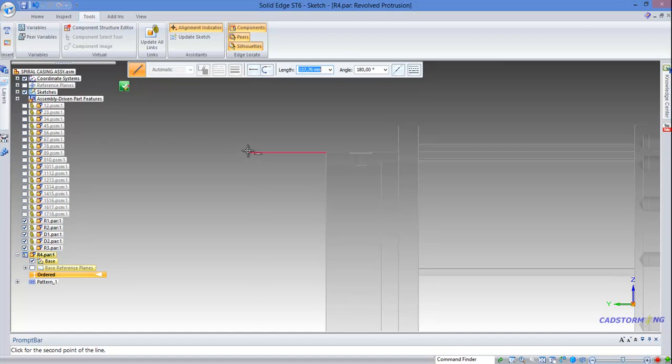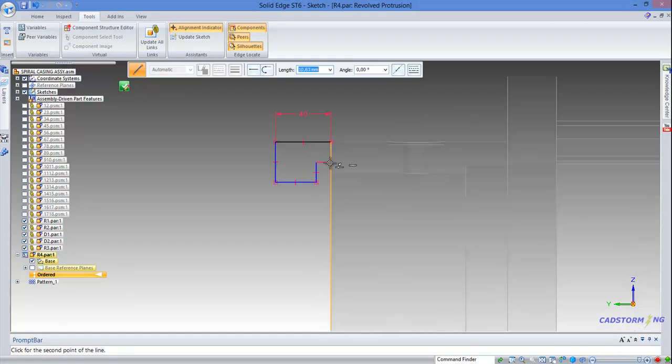We enter the distance, I think it is 40, then click to place the line, then vertical, horizontal, and vertical, and we click on this edge again and close